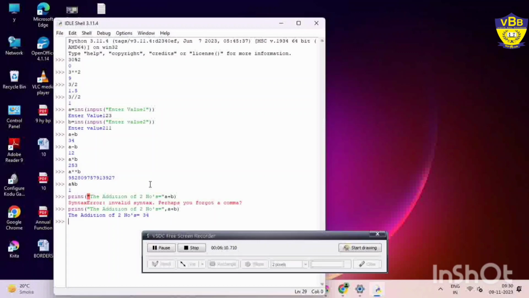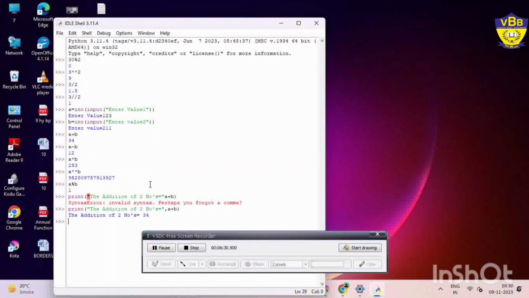Suppose that you want to write A equal A plus 1. The variable name on the left hand side and the right hand side is the same, so you can use the shorthand operator. We can also call it the shorthand operator.